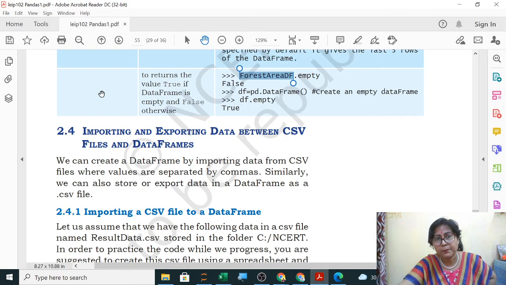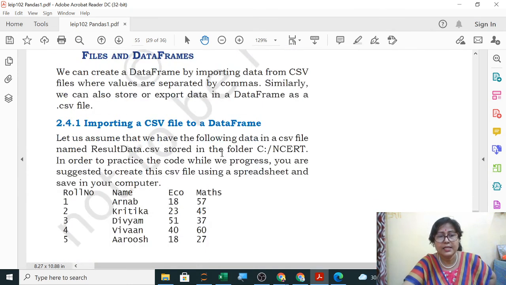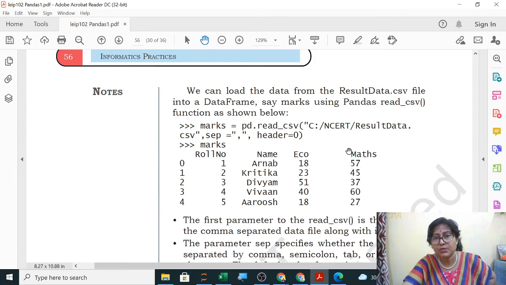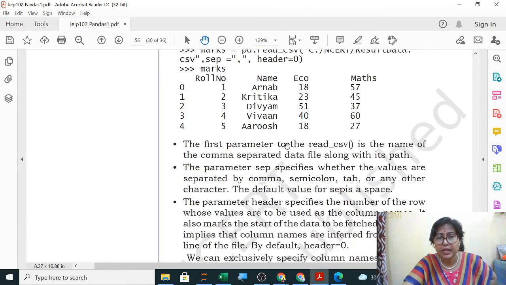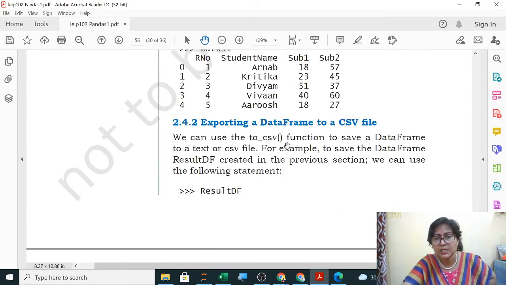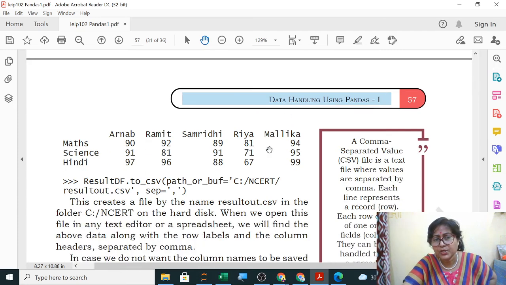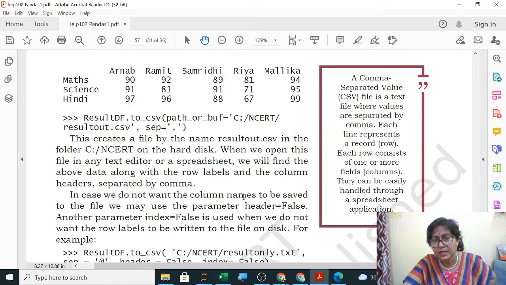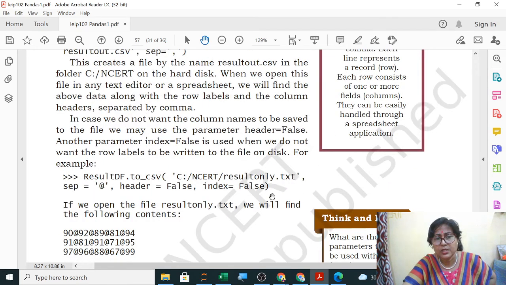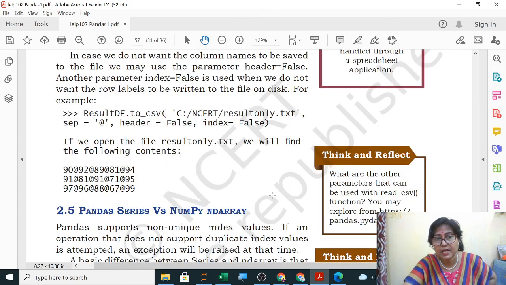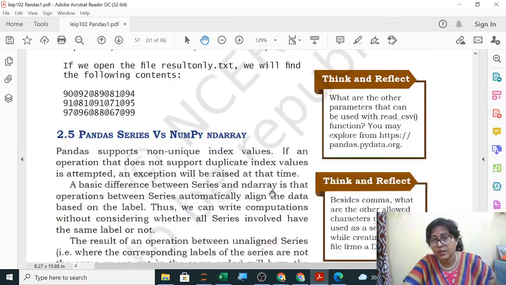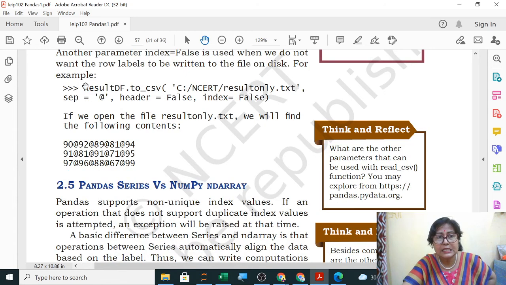NCERT book we have completed till attributes. Now the last topic is to_csv and read_csv, which we have already done. But again I will just go through these. I am sharing this NCERT book with you. You just go through this to_csv and read_csv. Only 2 commands you have to remember. Yes, this syntax you have to remember.